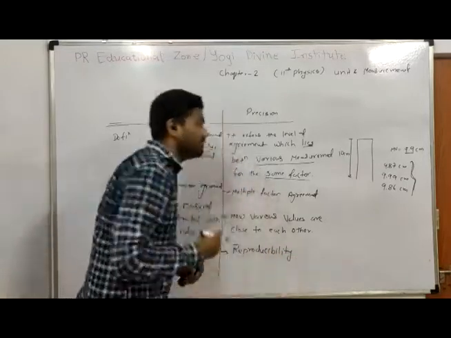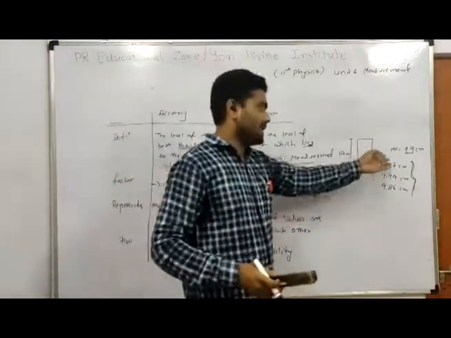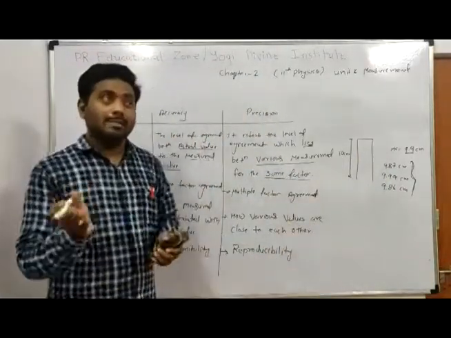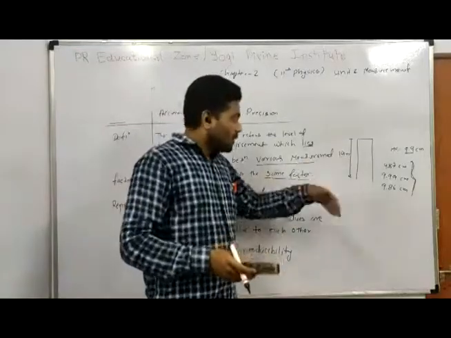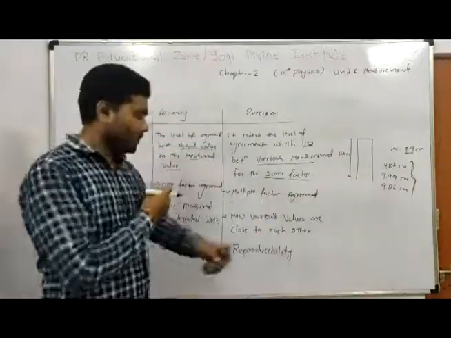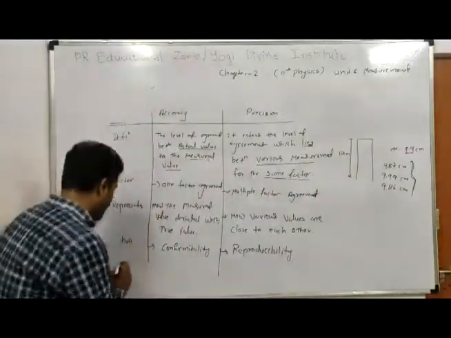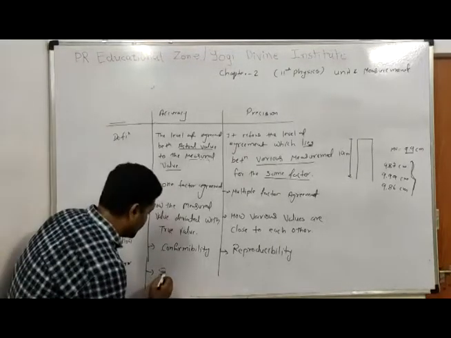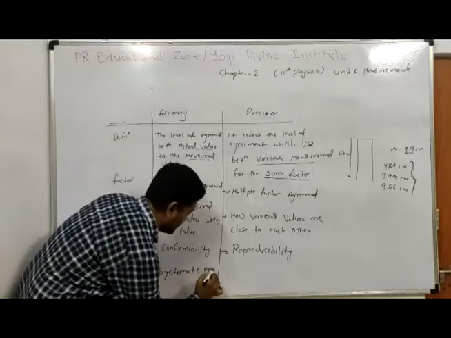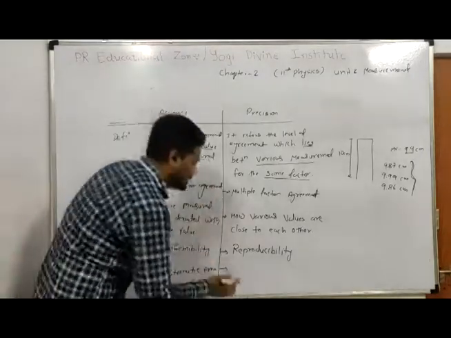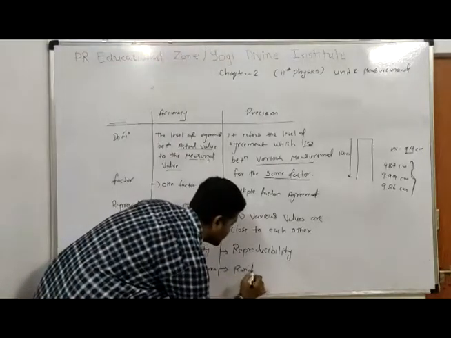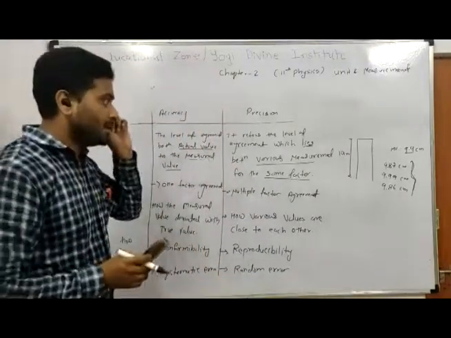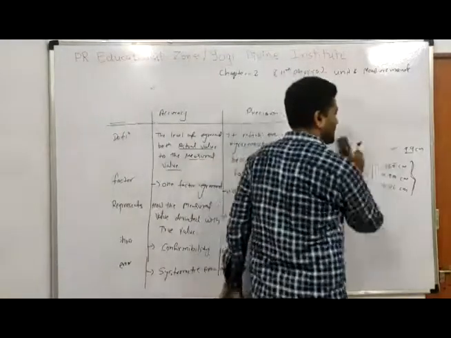By measuring various parameters, first parameter, second parameter and third parameter, it will produce the reproducibility by which we are going to reach the actual value. Understood? Fine. So this is showing the error. The error shown by this is the systematic error, and the error shown by this is the random error. It is the example of random error. Understood? Fine. So let's understand this phenomenon by a certain example.